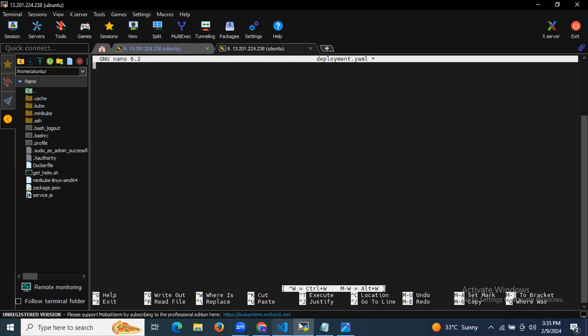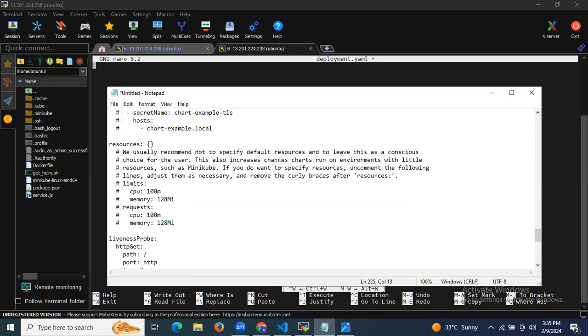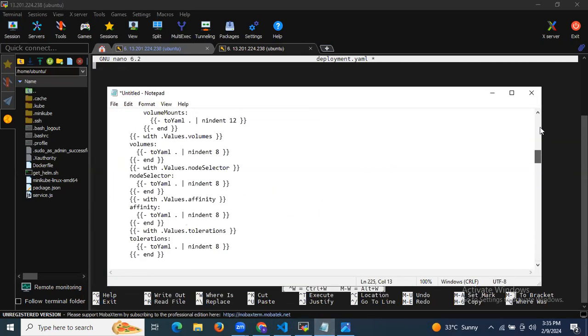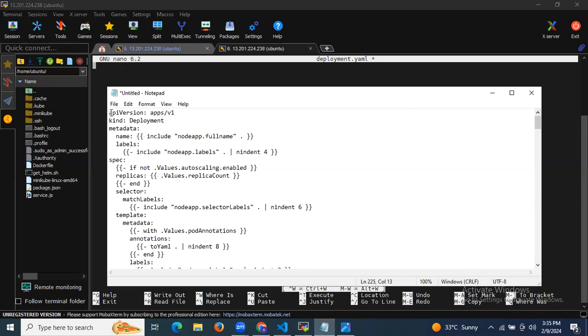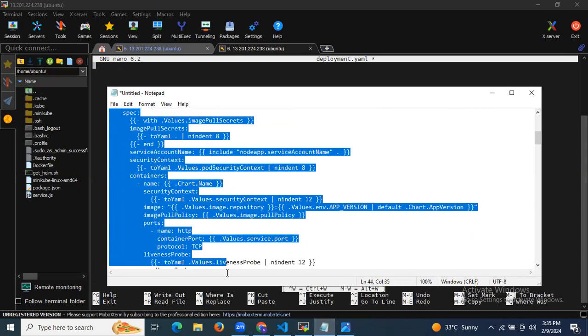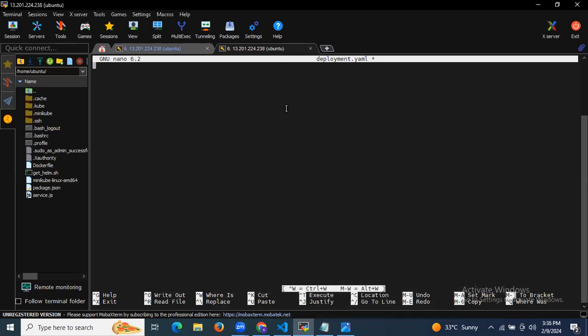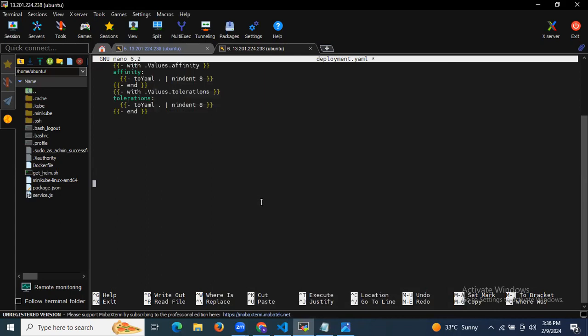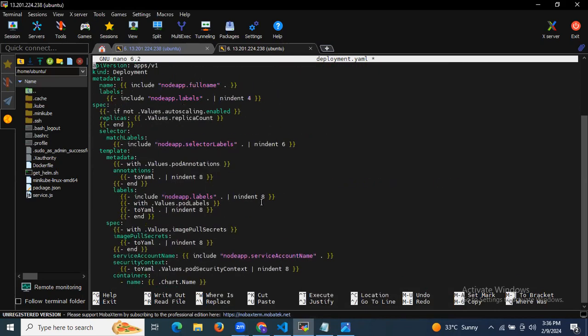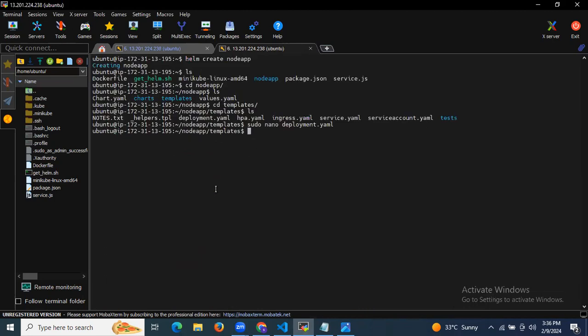Okay. So now here is my deployment.yaml file. I'm going to copy my deployment.yaml file and paste it here. Okay, so this is my deployment.yaml file, right? Okay, so let's save the file and exit. After that, if I run the ls command here,